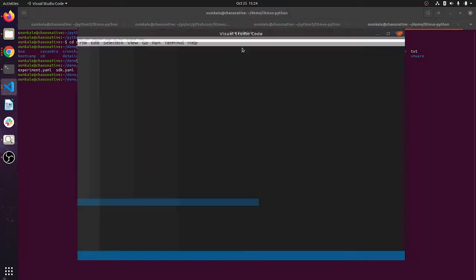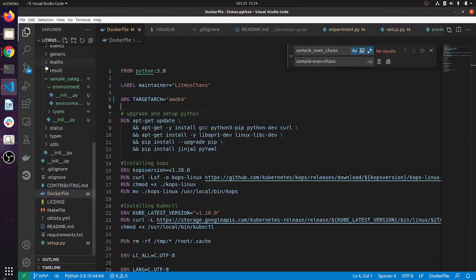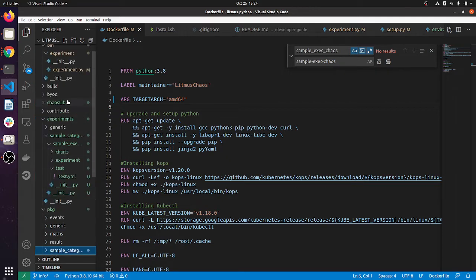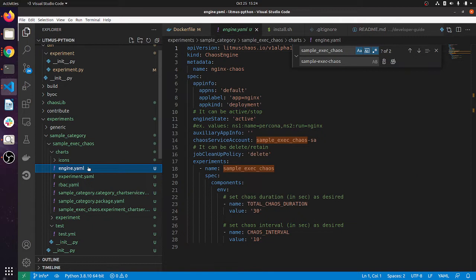For the time being, we will just go through other stuff, like the experiment, engine, or back services. Inside our charts we have created the engine. So let's talk a couple of things about the engine.